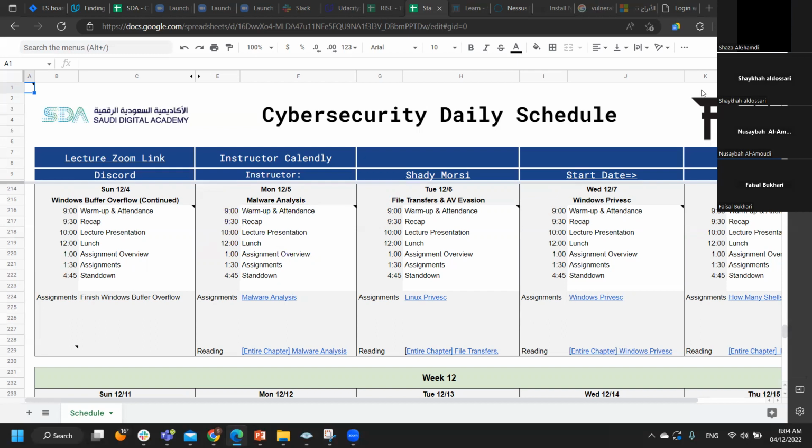And once you have exploited the machine, guys, you need to do something called Windows privilege escalation. So this lecture is specifically about privilege escalation. So what we will do this week, we will be looking at Windows buffer overflow. We're looking at what we mean by exploit and the framework for exploitation. And we will also cover